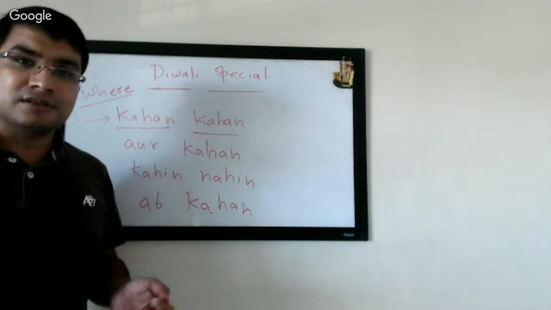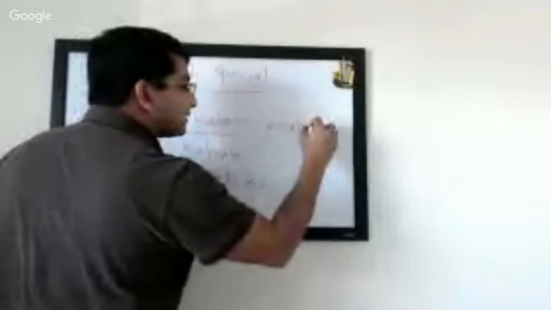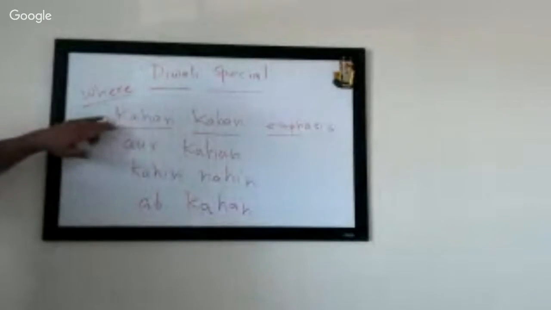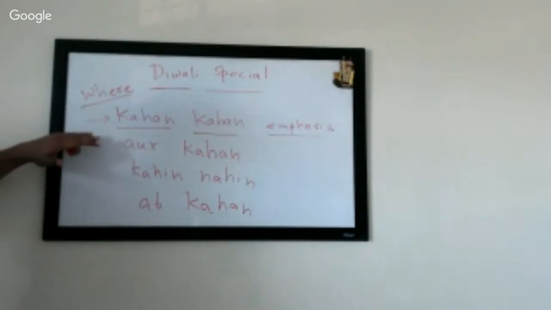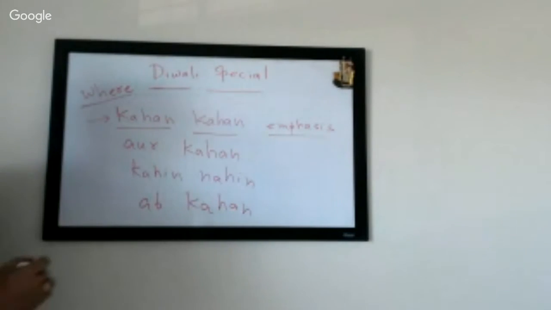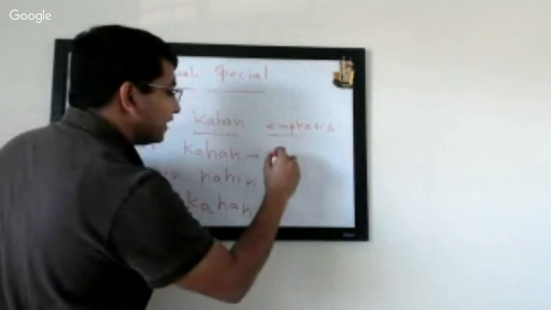Kahan manate hain. So this is simply used for emphasis, right? For example, क्रिसमस कहाँ कहाँ मनाते हैं और ईद कहाँ कहाँ मनाते हैं. It's kind of giving emphasis that it gets celebrated in many locations. Second one is और कहाँ, where else,